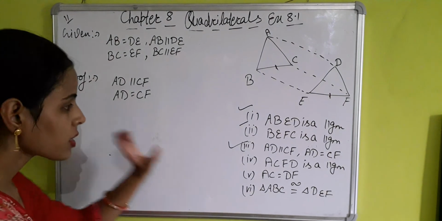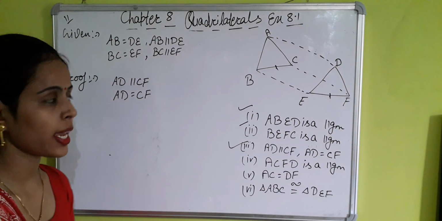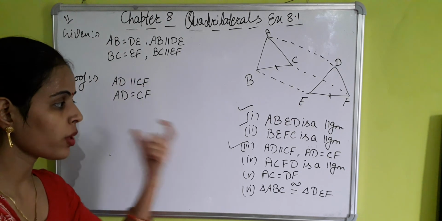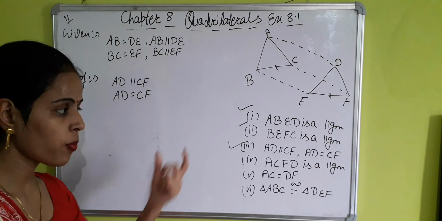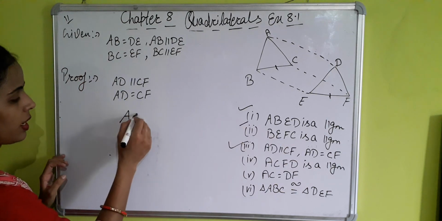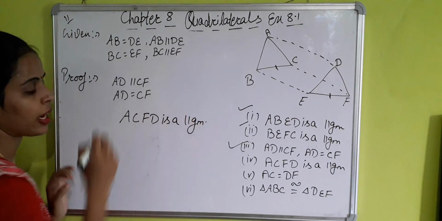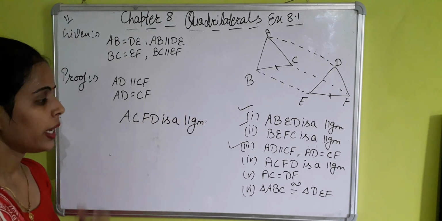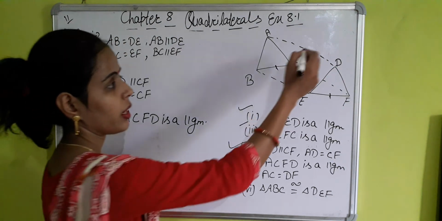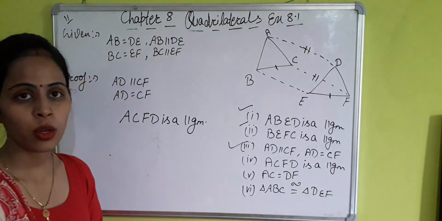With the help of this third part, AD is equal and parallel to CF. AD is parallel to CF and AD equals CF. We have already proved it in part third. So with the help of part third, we can say that ACFD is a parallelogram. Why? Because in ACFD, opposite sides AD and CF are equal and